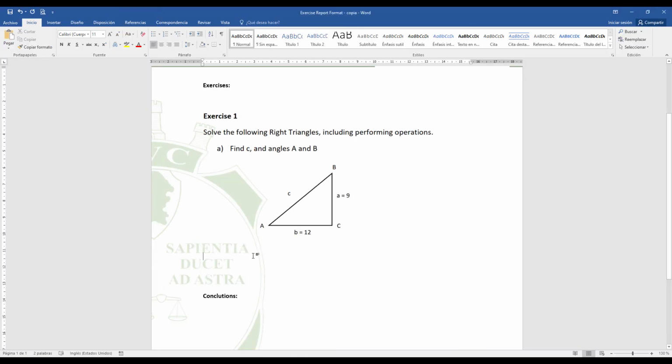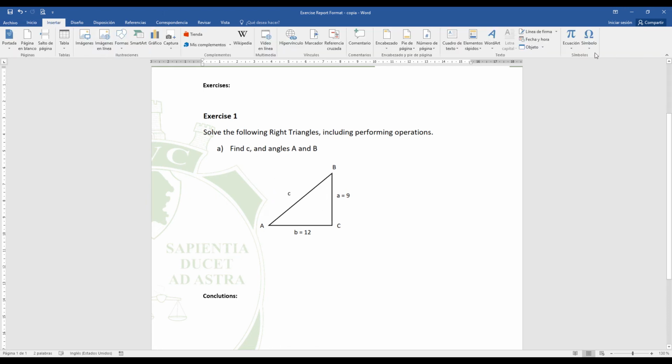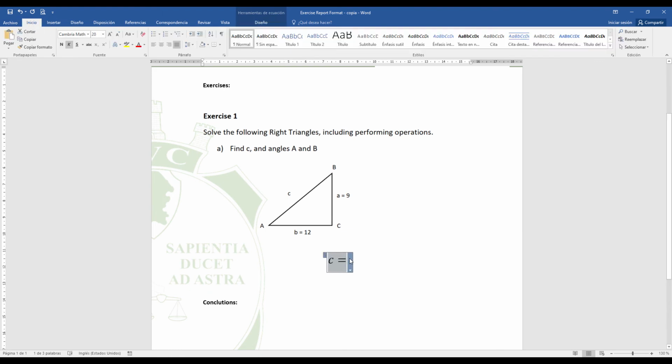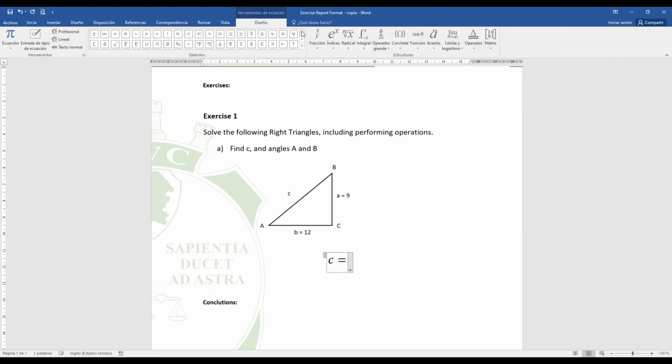For example, here you will find the side C. You will use the equation or formula, and C equals the square root of 9 squared